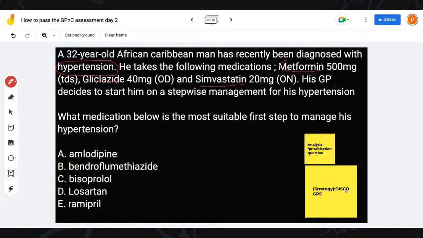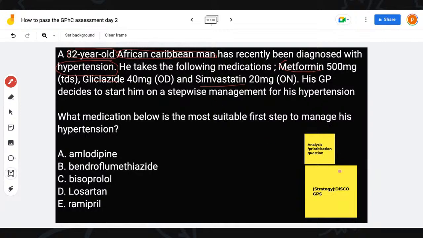So the next thing is your S. If we look at this, we have the hypertension, but let's look at the subject. Who are we looking at? It's so important. And if you don't do this part, you may get this question wrong. So our subject is an African Caribbean male. This is key. So I'm showing you keywords. With this strategy, you'll be able to identify your keywords in questions. So that's an African Caribbean male, 32 years old. That gives you a lot of information to answer the question.